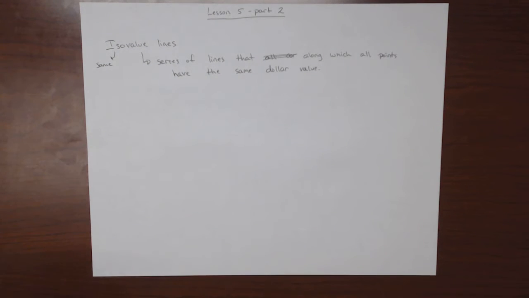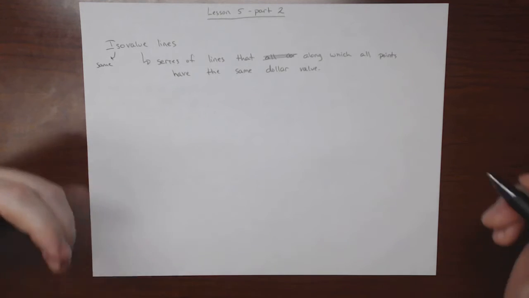Okay, so what we're talking about is all points along a line that have the exact same dollar